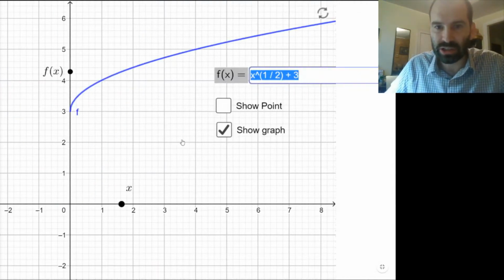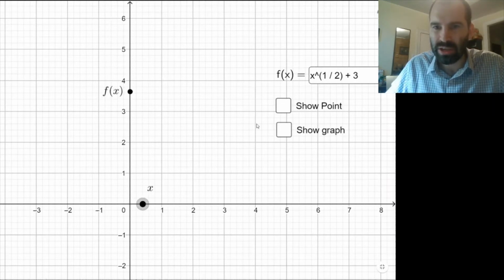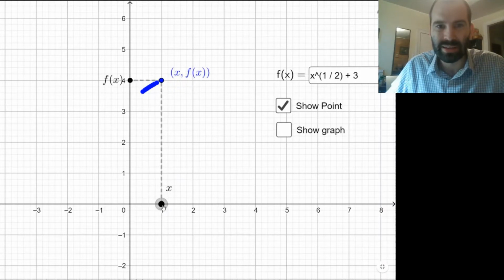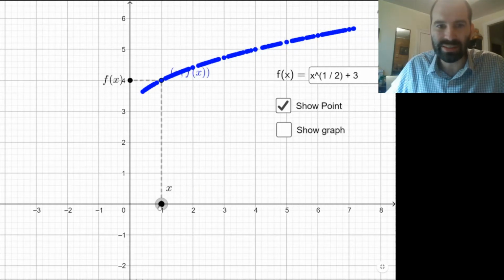Let's not cheat and show the graph yet. Let's just show what it looks like if I just move the x around. These values aren't in the domain, but this is what I'm seeing. This is kind of what we were seeing in the other picture. But if I plot the point above x, look at this. If I plot those points for all these x's,